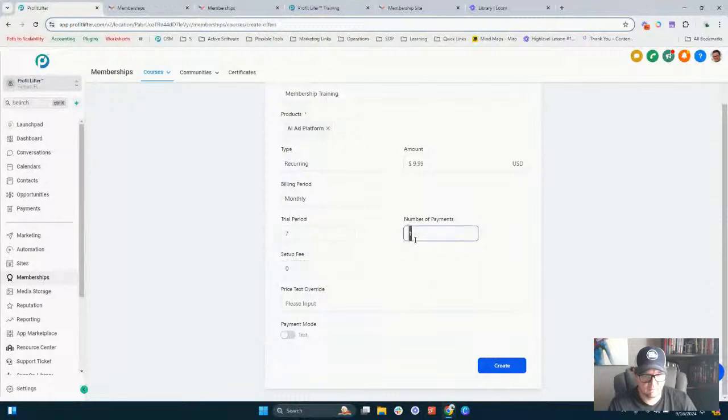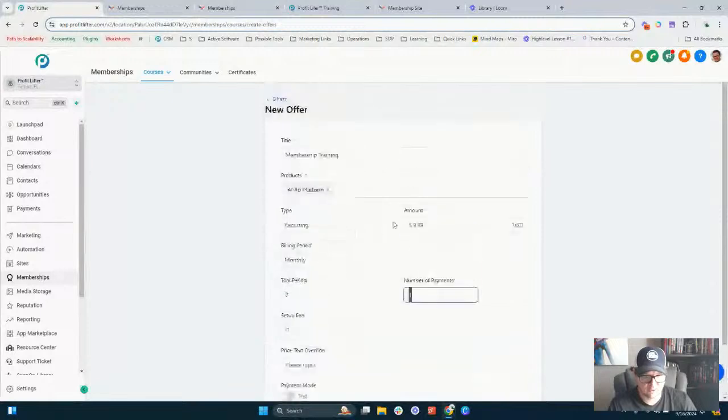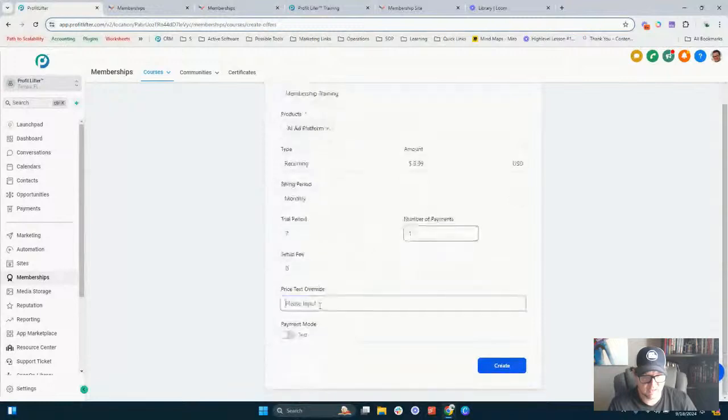This actually lets you set this up. I thought this would be set up for recurring. They actually changed this. Let's see what that looks like. So if you do 120, God, that's what, 10 years? That should be fine. Payment mode is live, and then all you have to do is hit create, and then from here,